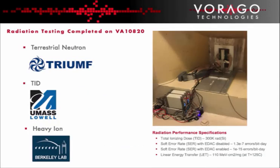VORAGO have a long history of radiation testing multiple CMOS products, including both SRAMs and MCUs. The VA10820 microcontroller radiation testing is performed at various locations to confirm that the specification is validated. The TID spec is 300K rad psi. SER with EDAC enabled is 1e to the minus 15 errors per bit day, and LET is 110 MeV. These locations are comprised of Triumph, the Tri-University Meson facility in Vancouver, UMass Lowell, and the cyclotron at Lawrence Berkeley